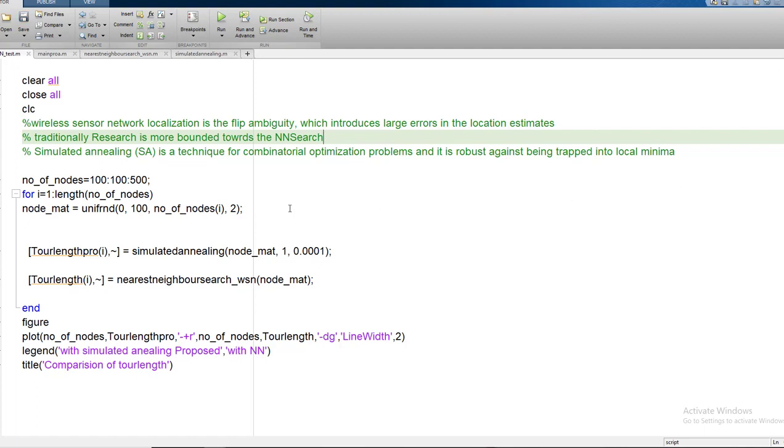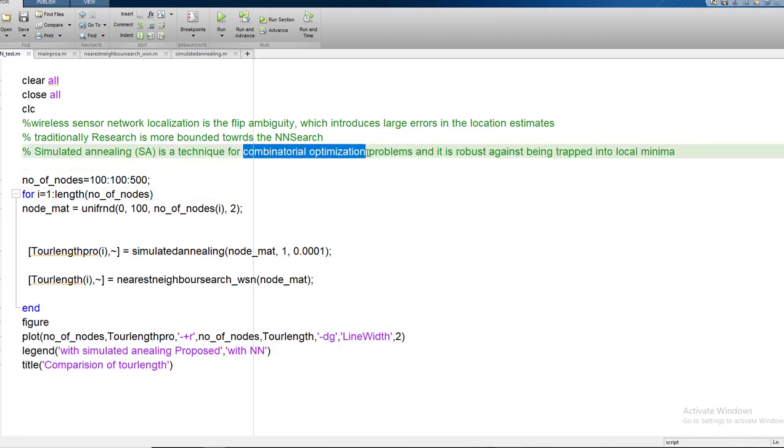So what I did here, I introduced simulated annealing, a technique for combinatorial optimization problems, and it is more robust against getting trapped in local minima. Okay, combinatorial optimization is basically a statistical optimization, and this is beyond the scope of this video, so I will explain these things someday, or you can google it and find more explanation on Wikipedia.